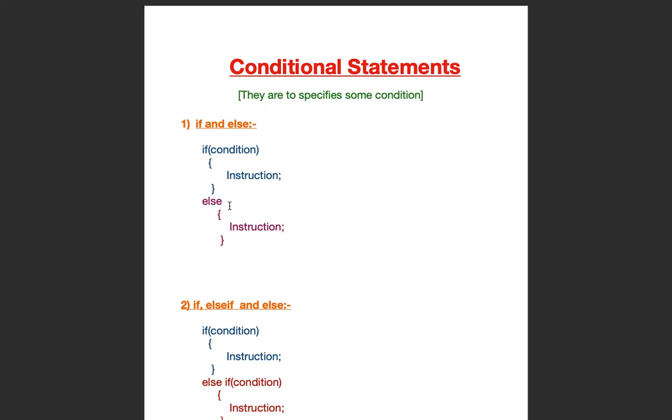In the if and else statement, the syntax is like this. If, you have to specify your condition and then give the instruction under curly braces. Then else, if this condition is not satisfied, then you have to implement this instruction. Let's take an example. If it rains, the condition is rains, I move outside, else I stay inside the home. Understood? If this condition is satisfied, then only this part is compiled or run. If not satisfied, then this part is going to be run.